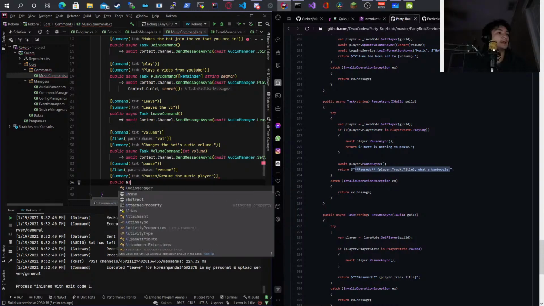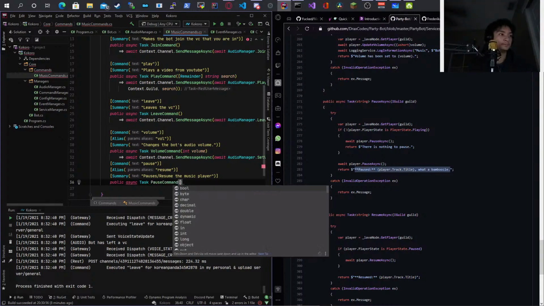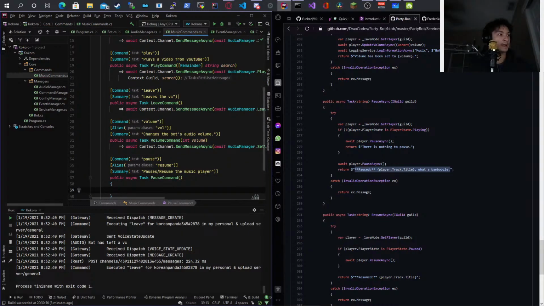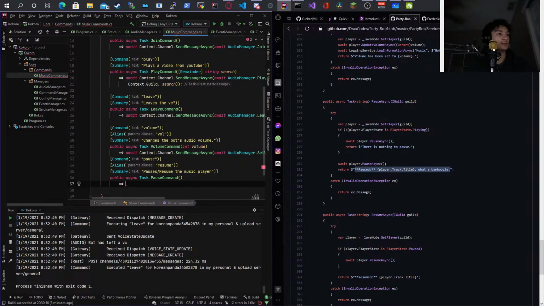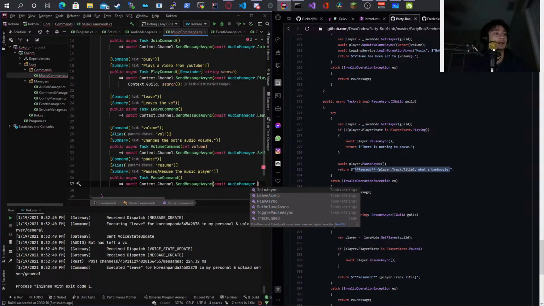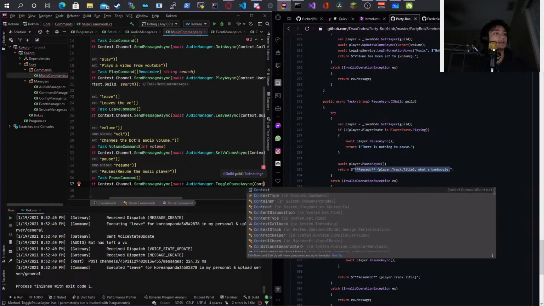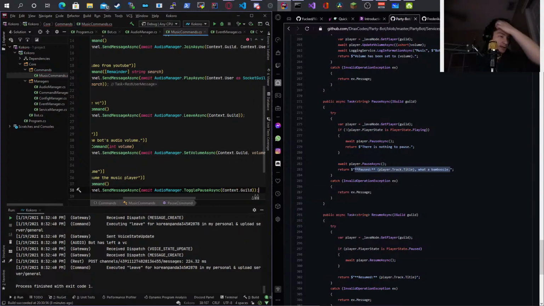And we do public async Task PauseCommand. Nope, we don't need to do that. I'm just going to do this: await Context.Channel.SendMessageAsync(await AudioManager.TogglePauseAsync(Context.Guild)). There we go.